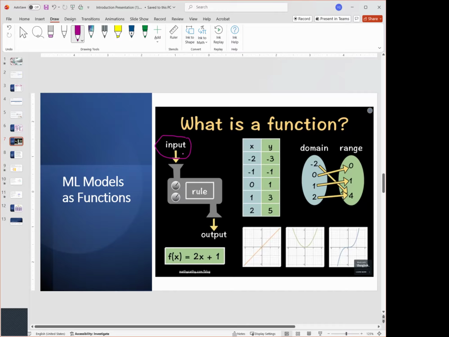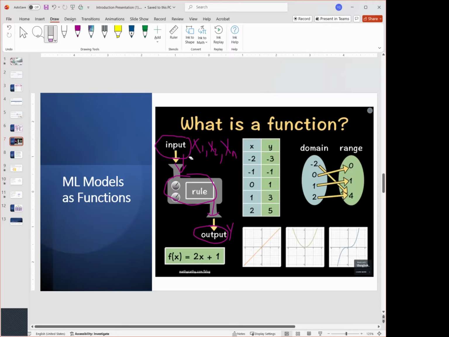And these inputs are entered into a set of rules. After they go through the set of rules, they are converted into outputs. So inputs are represented as X, and the output is represented as Y. If you have more than one input, it would be X1, X2, Xn. And the output is just one in this case.